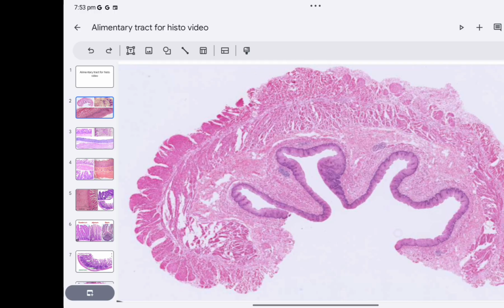From the lumen outwards are the mucosal layers, firstly the epithelium, lamina propria, and the muscularis mucosae. These three layers together form the mucosa, and underneath it is the submucosa, and underneath that is the muscle layer or the muscularis externa, consisting of two layers, the inner circular and outside the longitudinal layer, and the outermost layer, depending on whether it is peritoneum covered or not, is either